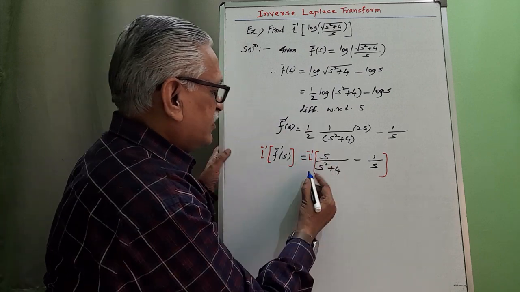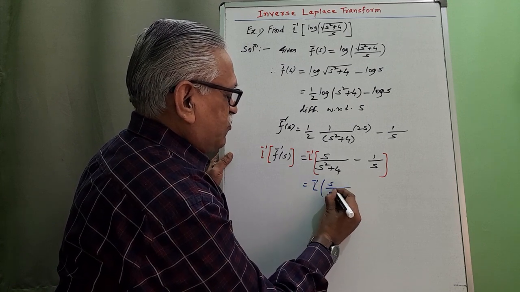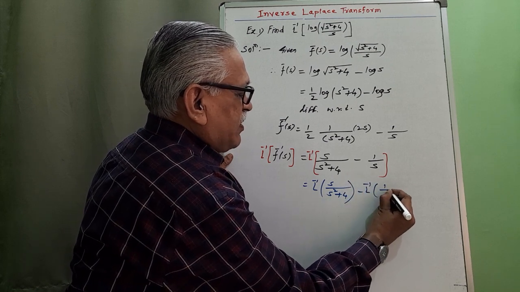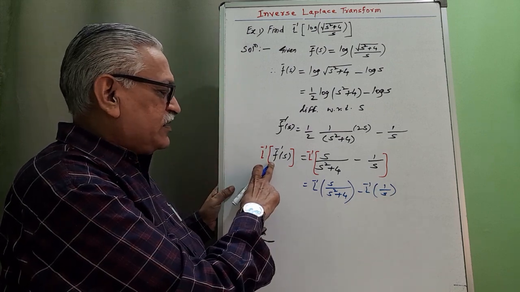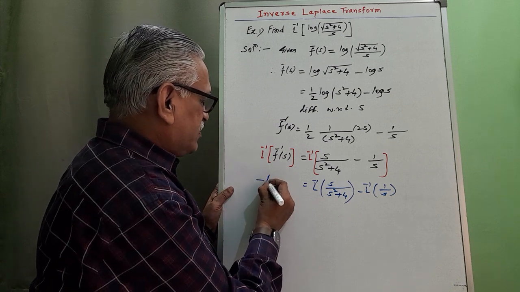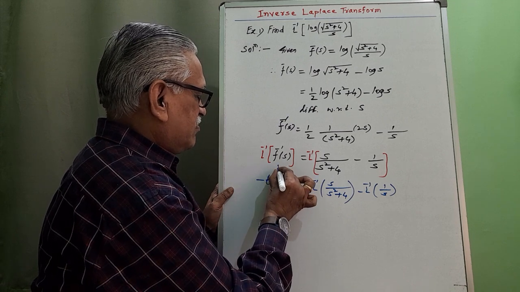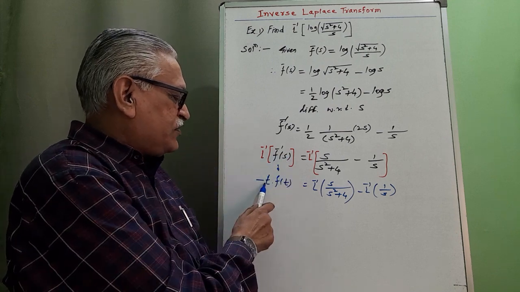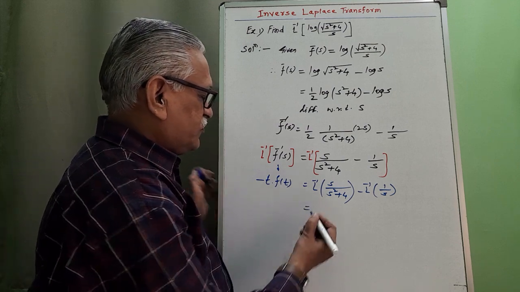Individually, it is inverse Laplace of s upon s square plus 4 minus inverse Laplace of 1 by s, and as per the property, inverse Laplace of f dash of s is minus t into f of t. Remember the result, inverse Laplace of f dash of s is minus t into f of t, and then it is equals to